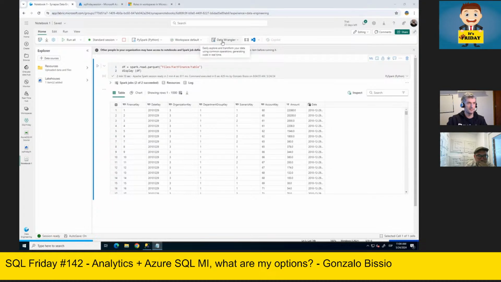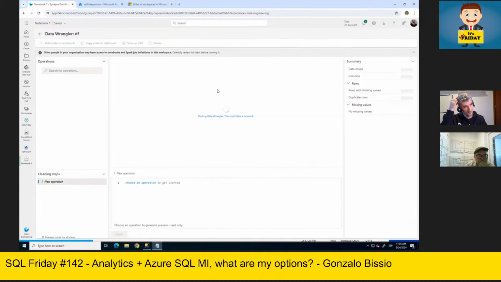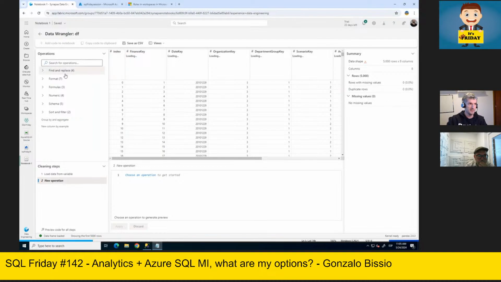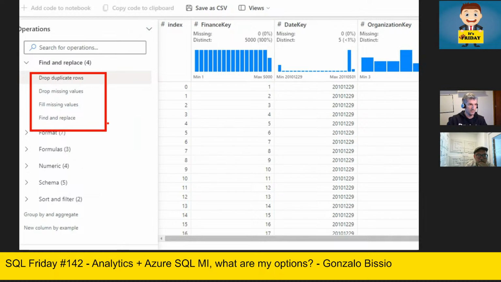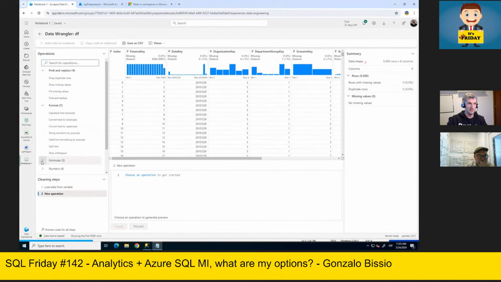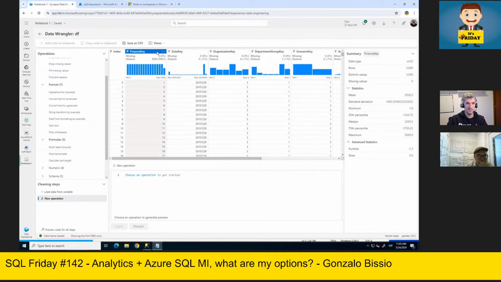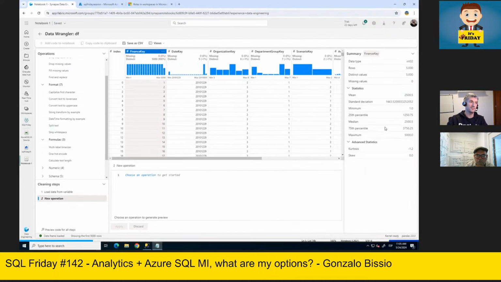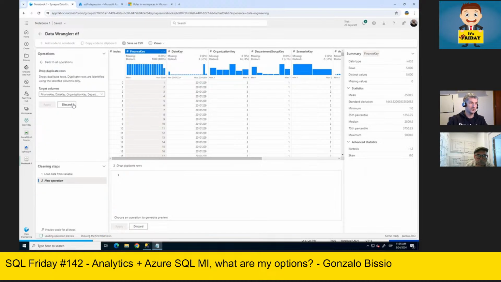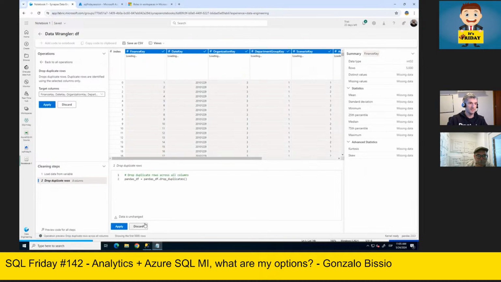You can click Data Wrangler, and you will see the data frame that I created before. And here you have the option to do whatever you want with your data frame. You have different columns, and you have different options, for example, as I mentioned, to remove, find and replace, drop duplicates, drop missing values, etc. You can do different formats. You can use different formulas. You can click on a column and see the summary here, the rows, distinct values, etc. In case you want to play with the information, you can use this one. Say you want to remove duplicates, and you will see here the code that you can add